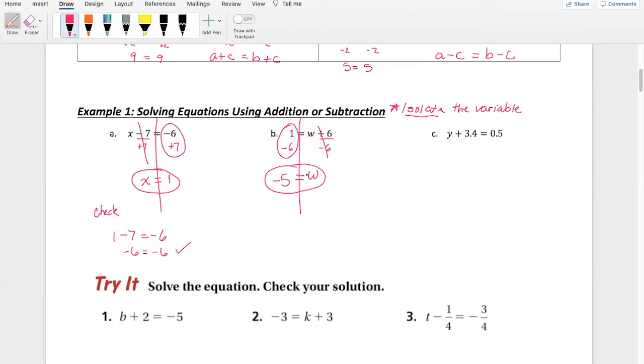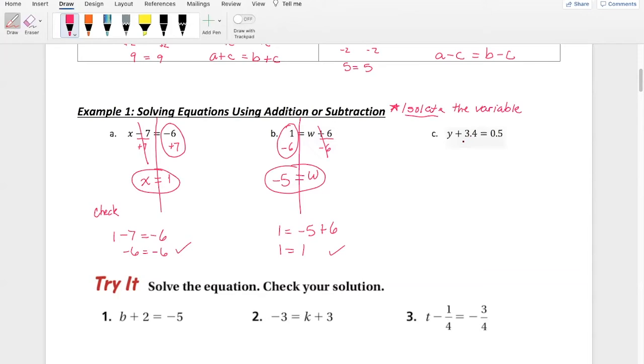We can check it by plugging in negative 5 here, so the negative 5 in for w. So let's see, 1 equals negative 5 plus 6. So I'm recopying that original equation, but replacing my answer for w and seeing, does it work? Negative 5 plus 6 is a 1, yeah? So that works, that checks. All right,